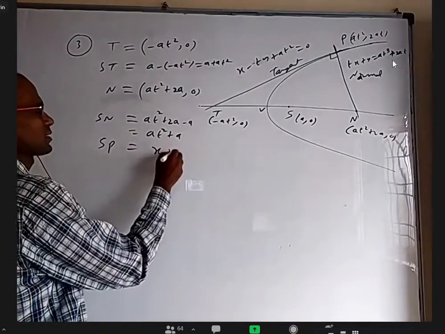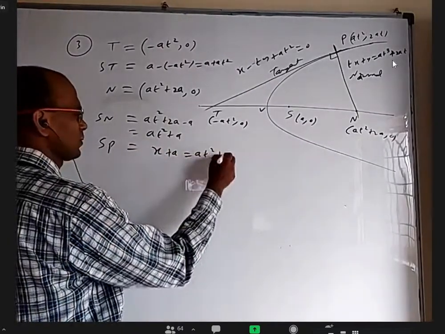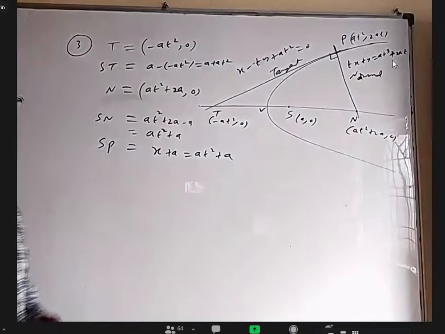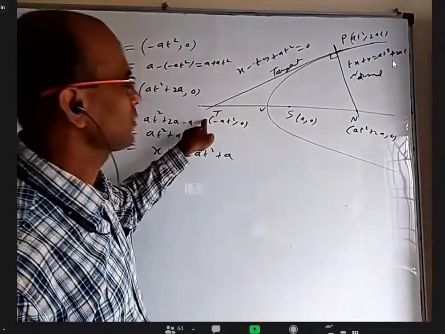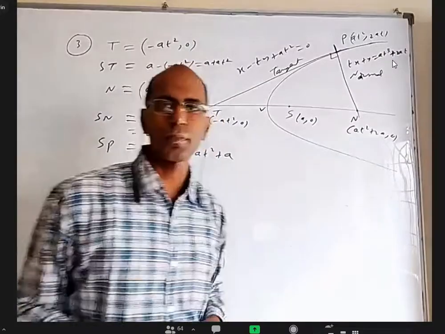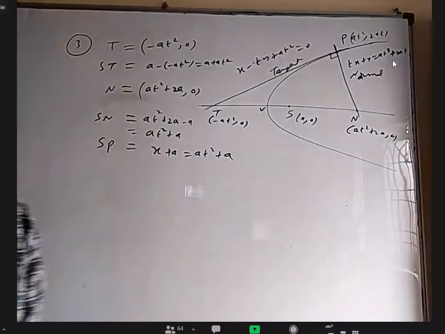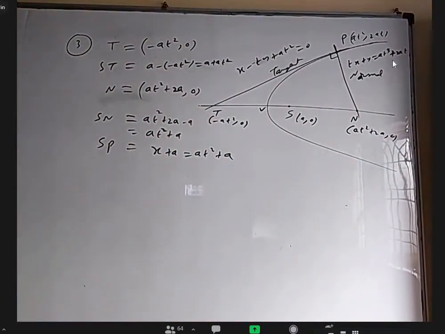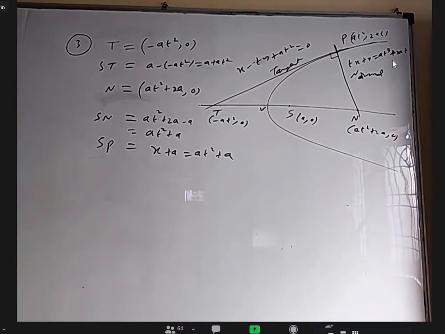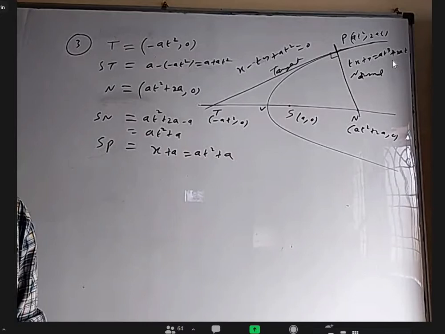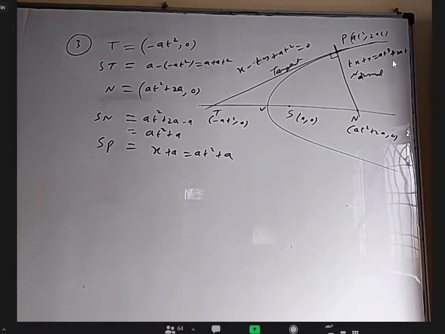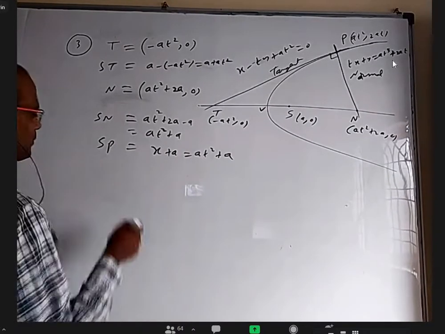So SP also came at² plus a. ST also came at² plus a. SN also came at² plus a. You want to conclude anything? Sir, it is the circumcenter, sir. Okay. Anything more you want to tell? It's correct. S is the circumcenter